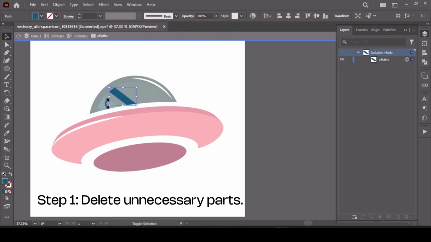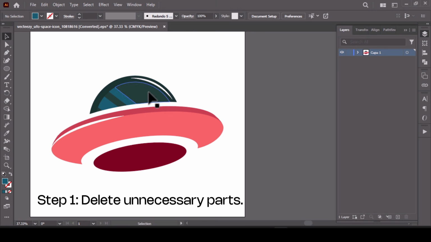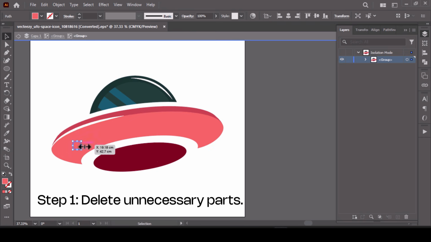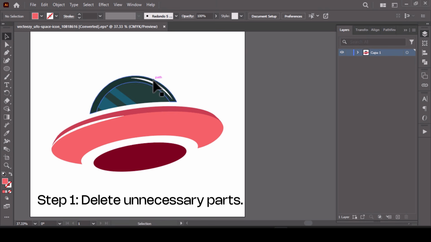Now I'm going to get rid of these parts as well. But what we can always do is work in After Effects. Okay, so I'm going to get rid of the remaining parts as well. As you can see, there are remaining parts here. So I'm going to just select them and then delete them. Okay, now